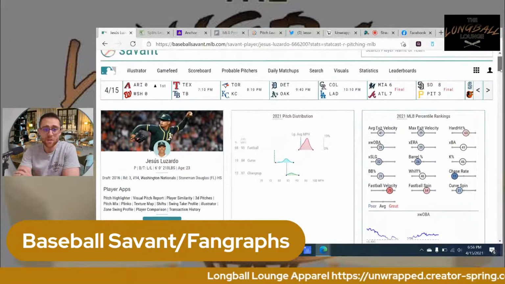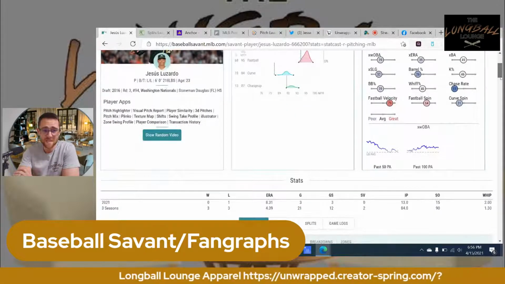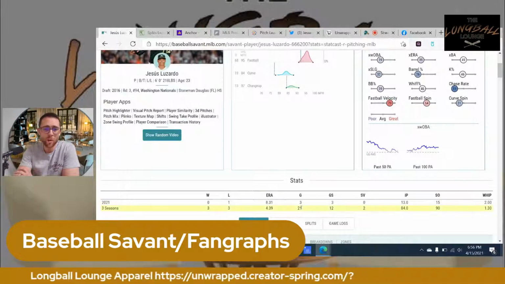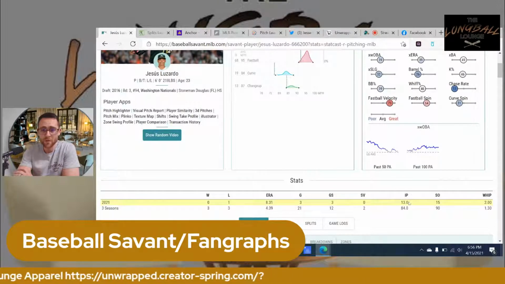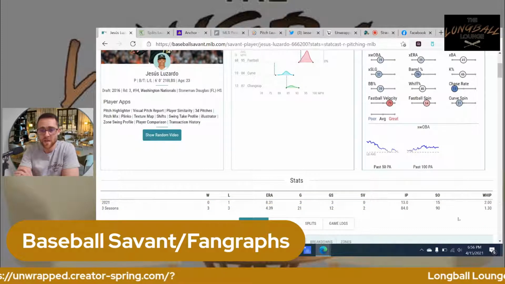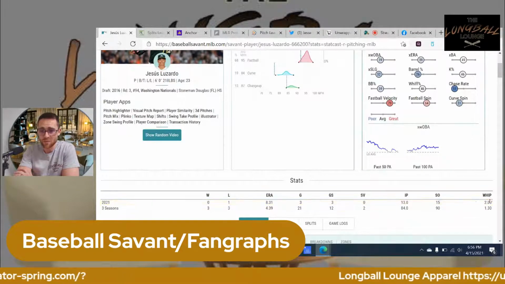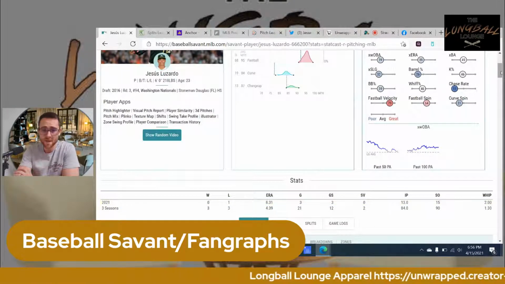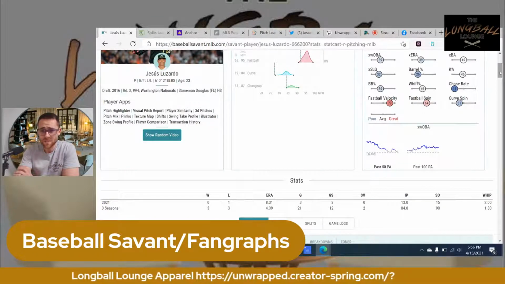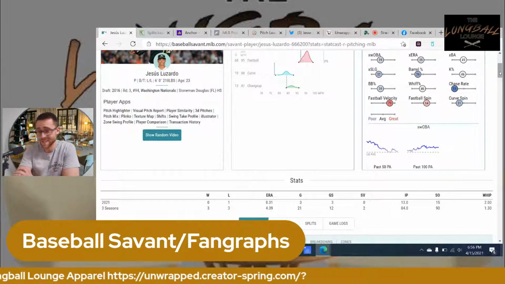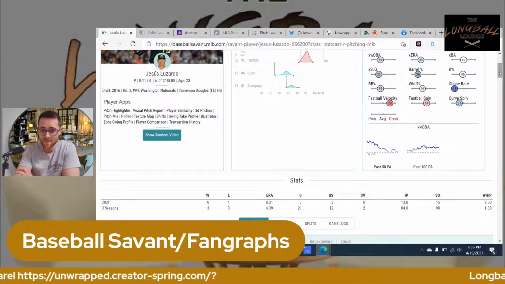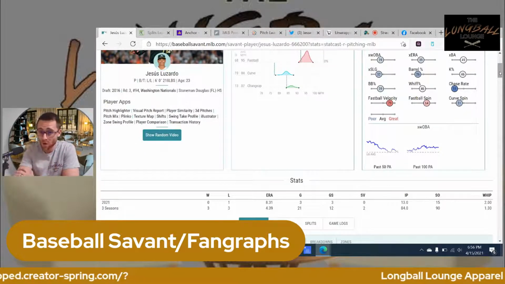So he struggled this year. His surface stats, as you can see, 8.31 ERA, 0-1, 13 innings pitched. He's got 15 strikeouts in those 13 innings, but he's got a 2.0 WHIP, which is terrible. He's pitched 3 games. Obviously, if you do the math, 3 games, 13 innings. He's not going deep into games, so he's really been hit pretty hard this season.